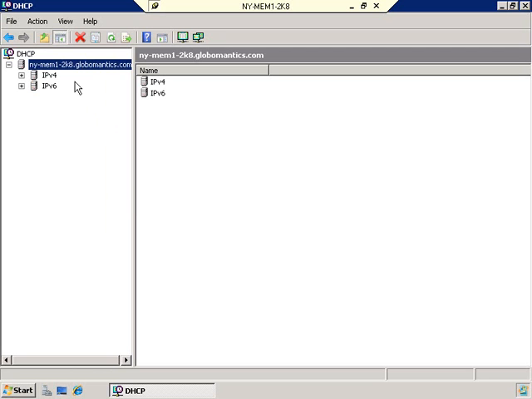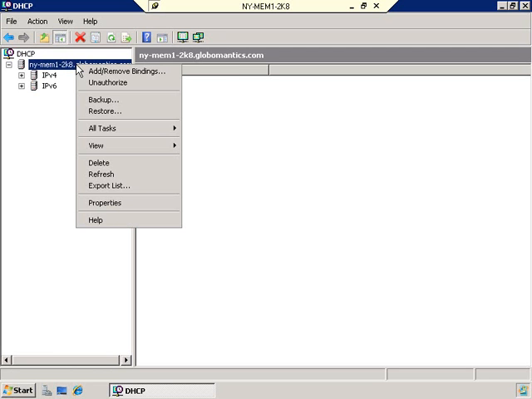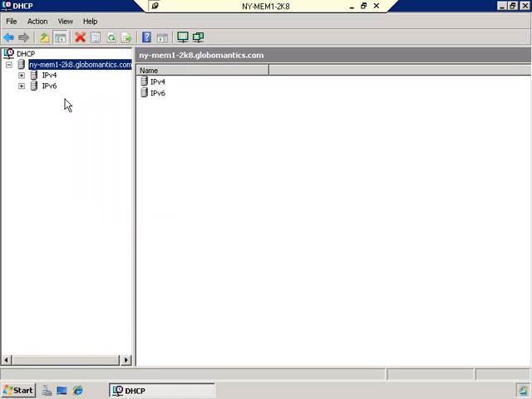Now one other thing I want you to notice if I right click one more time is that the location on the menu where it previously said authorize, it now says unauthorize. So if you need to go in and take that authorization away from a server, you can do so by selecting unauthorize. This pretty much just toggles back and forth. Alright, so now that we've authorized our DHCP server, let's go ahead and expand IPv4,